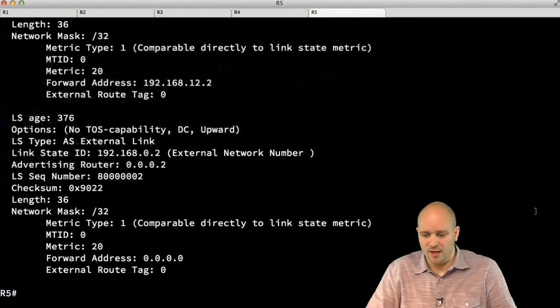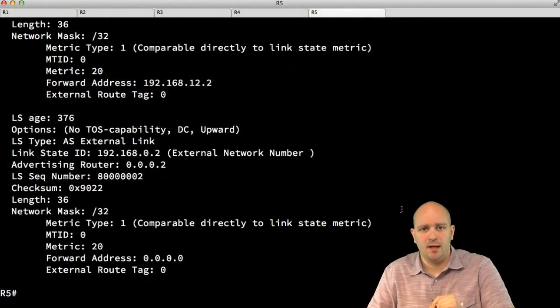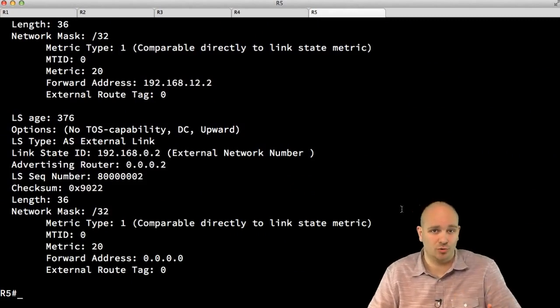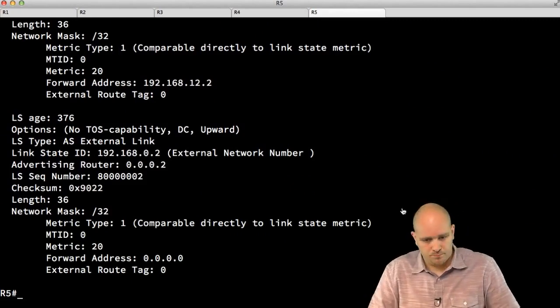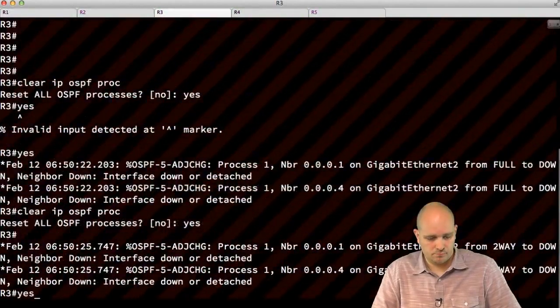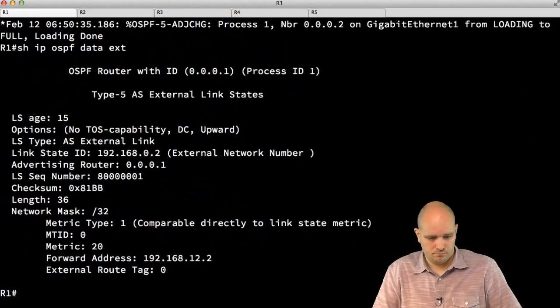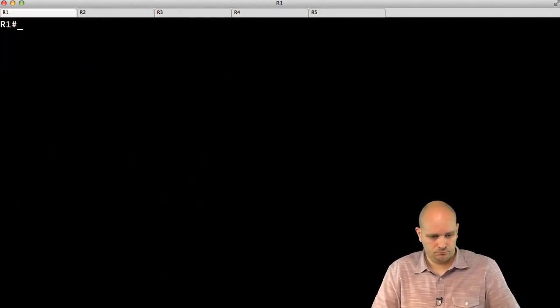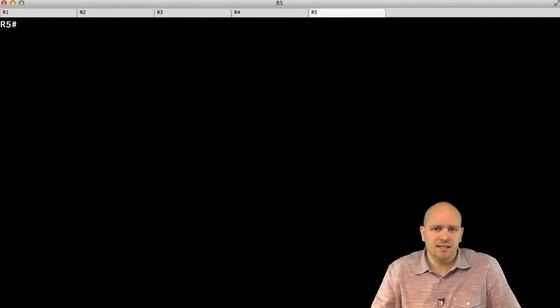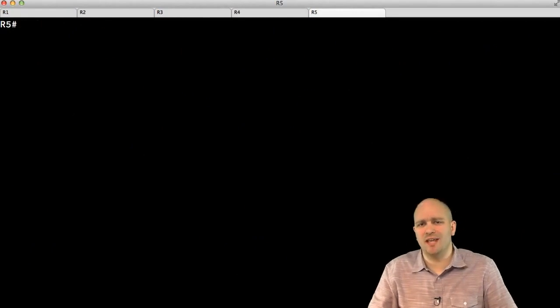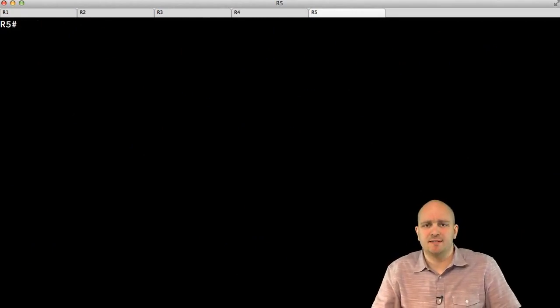So what I have to do now is I'm going to cheat a little bit. I'm going to stop filming now. I'm going to clean this up, and then I'm going to come back. I promise I will not be changing any configurations. I'm just going to clear the OSPF processes. Okay, I lied. I didn't stop recording because I didn't want you to take my word that I am not